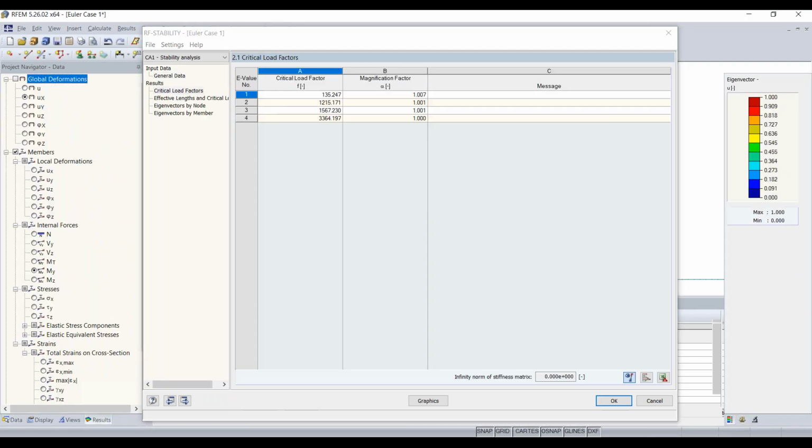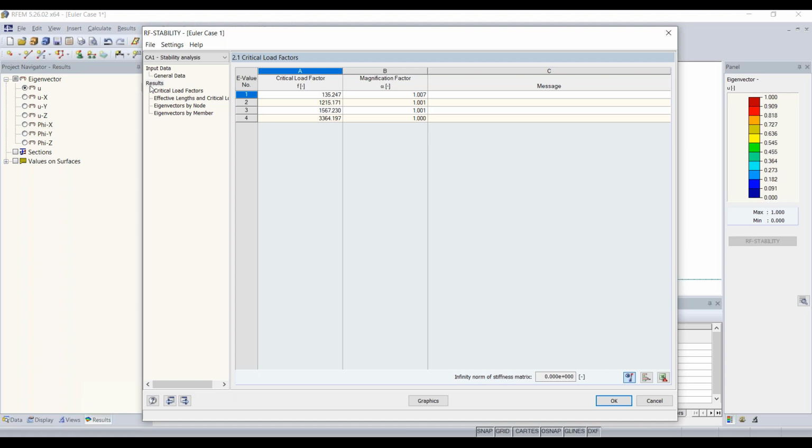And once the calculation is done running, you can see we have our results here. And we can take a look at our critical load factors for each of our eigenmodes. So our critical load factor for this first eigenmode is 135. And the critical load factor is the amount you would have to multiply basically your loads by in order to get an unstable system,